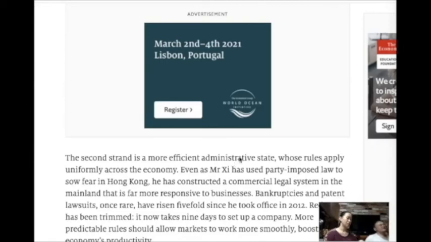So this is an adjective. That's why I asked you, when you thought about government, what do you think in your head? Control. Control is not administrative. That is a controlling state. Second strand is a more controlling state. You could say that, but that's not what this article is saying. They don't care about control. They care about service. They're talking about administrative. They serve people. How do they make sure that everything's running smoothly?